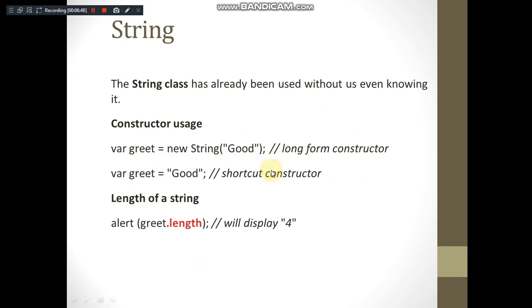The next built-in object we have in JavaScript is a string object or a string class, which was even used just now, while explaining how to create a new object. So by means of a constructor usage, you can use a new keyword. String is the name of the class, right? And you can just pass the value. This will be assigned to the string, or else if you do not pass, later you have to do it like this also. So this is a shortcut constructor similar to the way we did the creation of the array object. You also have a provision to obtain the length of the string by using the length property like this.